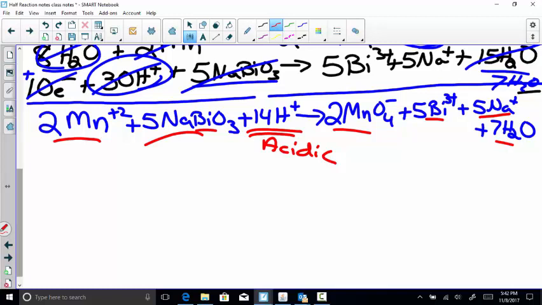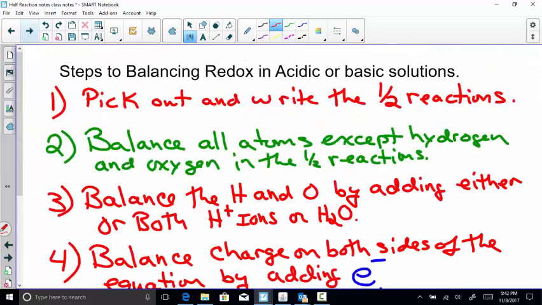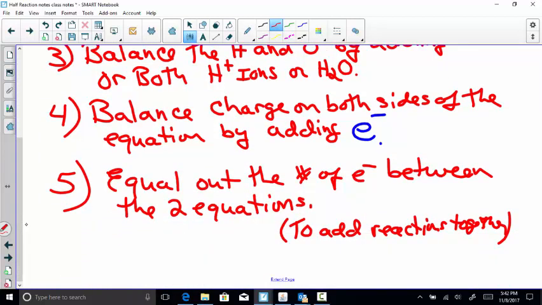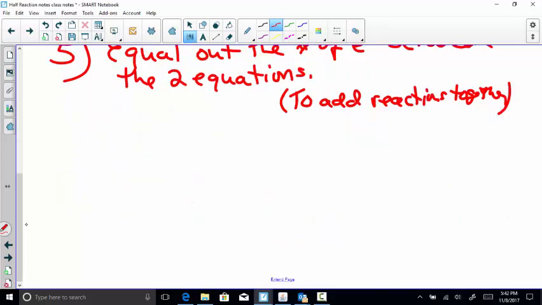So, we balance out that way as far as our atoms go. And we're essentially done. We're done to the point of if we want a solution that's acidic, these directions give you a solution that's acidic every time. However, to make a solution basic,